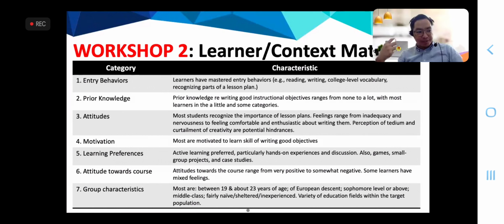Attitudes. Most students recognize the importance of lesson plans. Feelings range from enthusiasm to frustration. Experience and so on. Attitude towards the course, from very positive to somewhat negative, while some learners have mixed feelings. Group characteristics, most are between 19 and about 23 years of age, European descent, sophomore level, middle class,